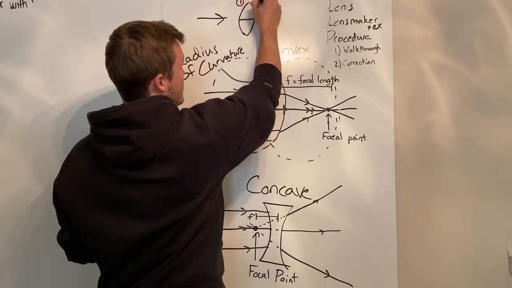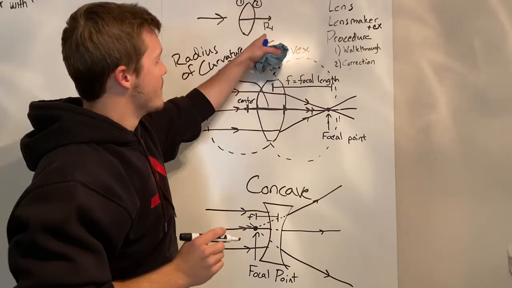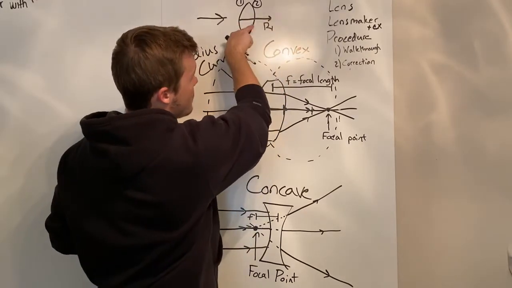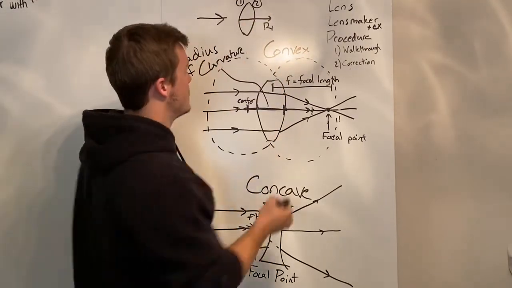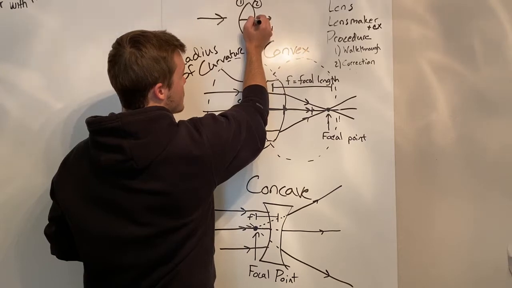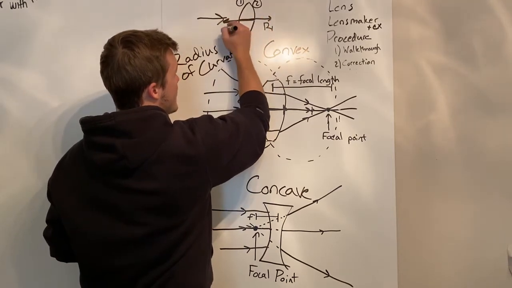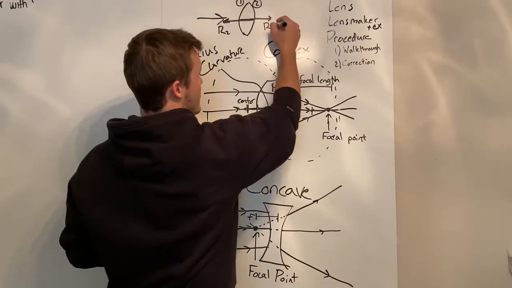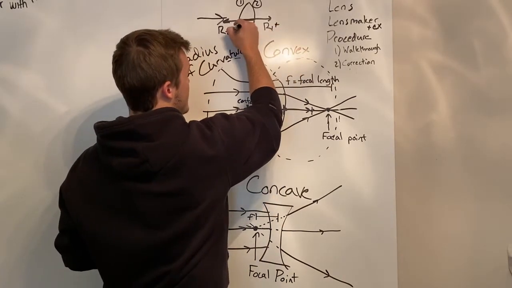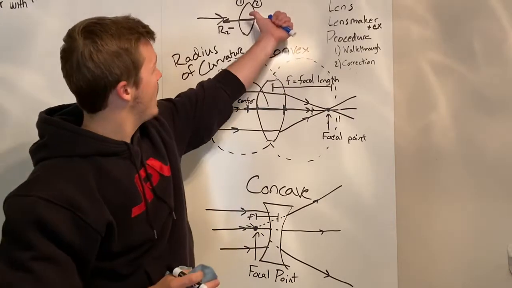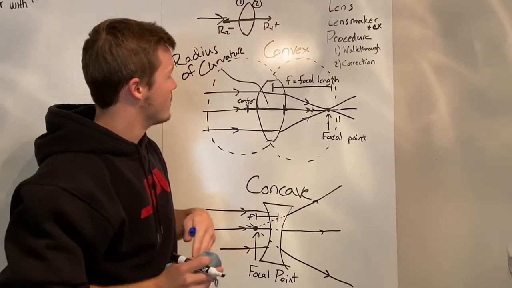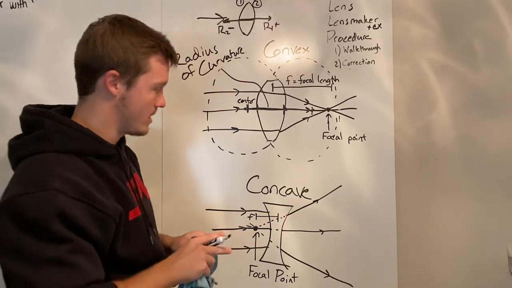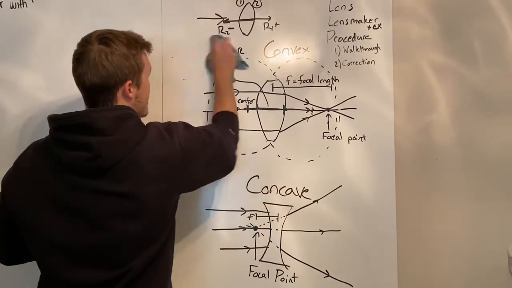Surface 1, surface 2. The radius of curvature for surface 1 is positive because it is going in the same direction as the light. Now, radius of curvature of surface 2 is negative, so R2 is actually negative, so I'll make a note of that. This is positive, this one is negative because it is pointing in the opposite direction that the light is going. That's important to keep in mind because when we do the lens maker's formula, which I'll go ahead and put up now,